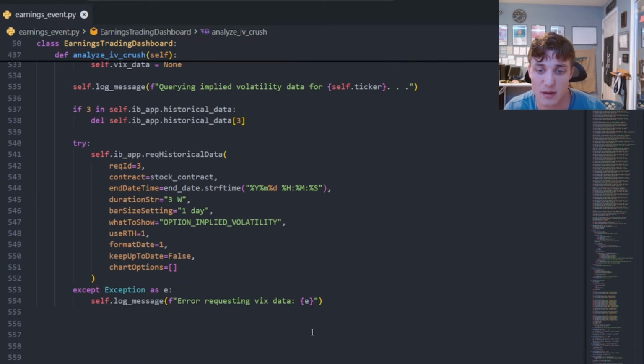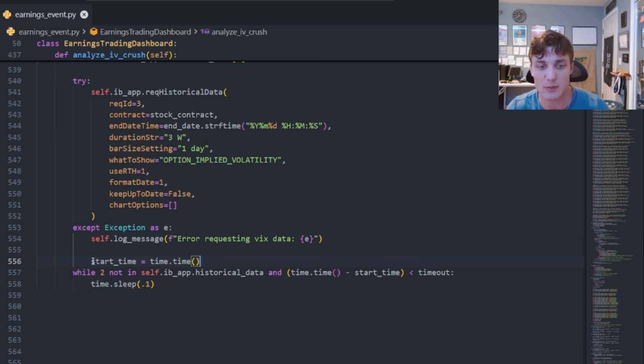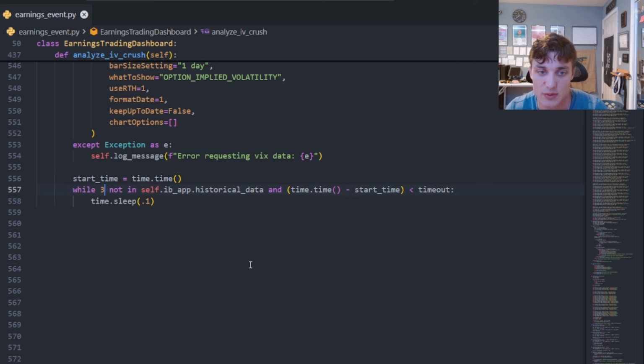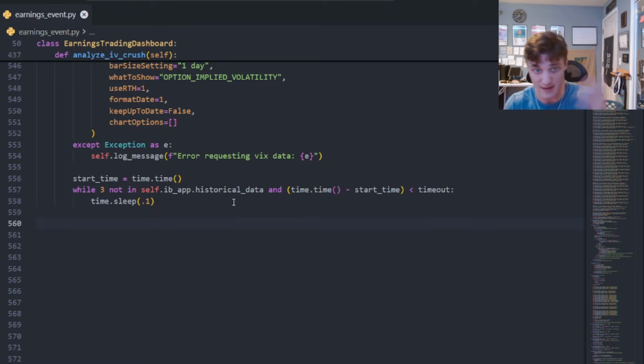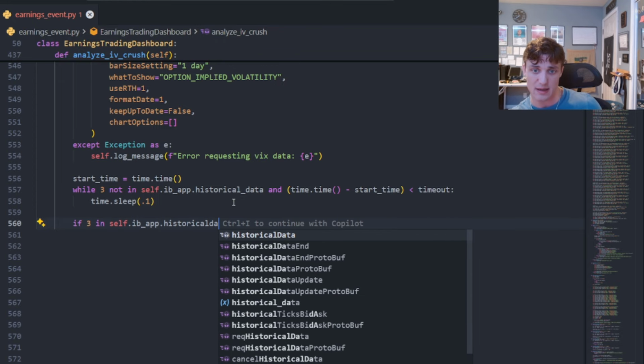I'll copy it, come down here, paste it, and I will say while 3 is not in the keys for my historical data, I'm waiting on that implied volatility data, and if it comes, the loop is going to break. If not, I'm going to wait the entire period. And then if 3 is in self.ibapp.historical data,